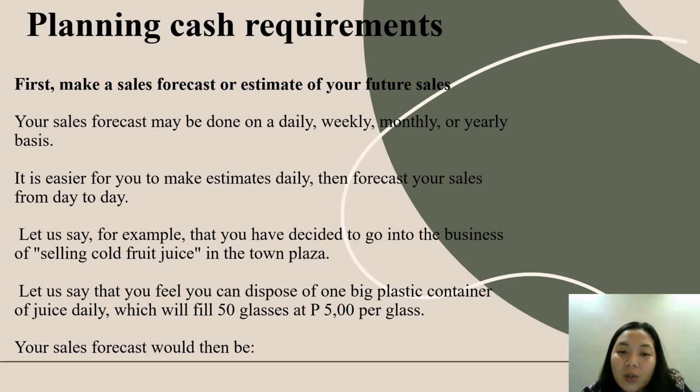So you should know when is the time that you need to produce more products or less products. So let us say, for example, that you have decided to go into the business of selling cold fruit juice in the town plaza. Let us say that you can dispose of one big plastic container of juice daily, which will fill 50 glasses at 5 pesos per glass. Your sales forecast would then be,